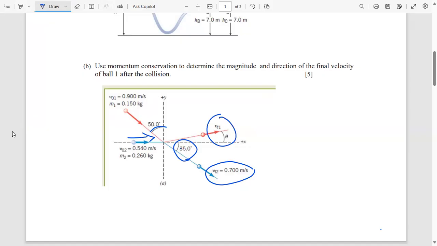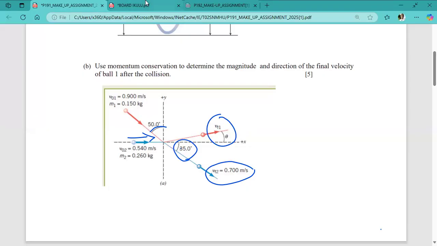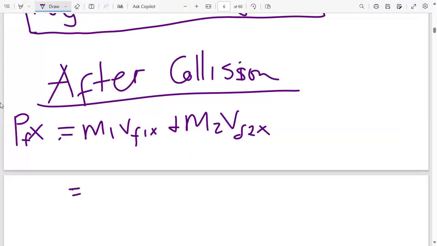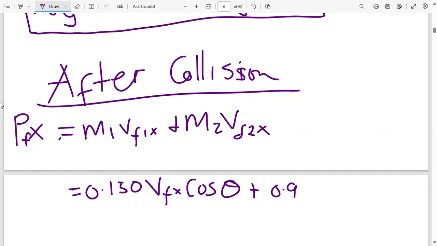So we'll plug in what we have into that equation: the mass of 1, which is 0.150, multiplied by the V final, and since the x is the one adjacent to the theta, it is going to be V final cos theta. We don't know the theta as of yet, plus the mass of 2, which is 0.260,